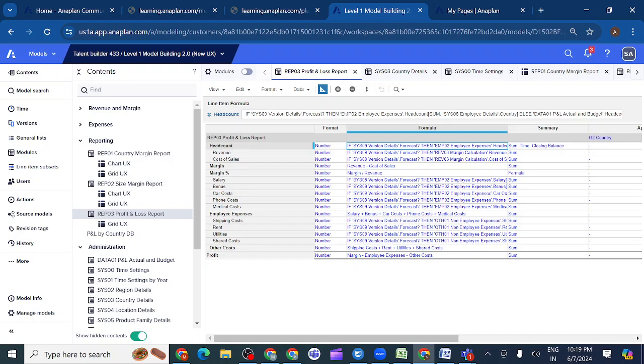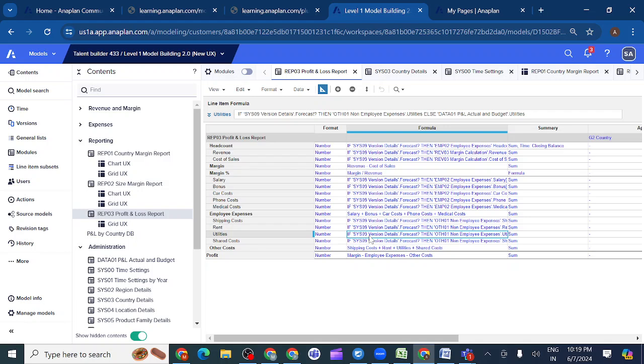I am getting data from employee 02 and data 01, so from different modules, not only from one module. Other than the non-employee expenses module and the data 01 module, in formulas we can understand where we are referring to the module and the data.